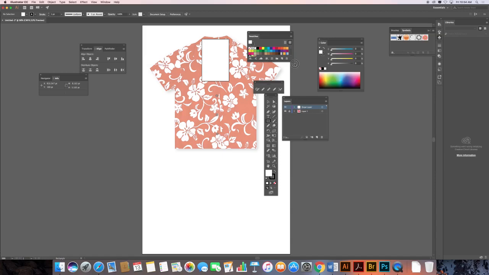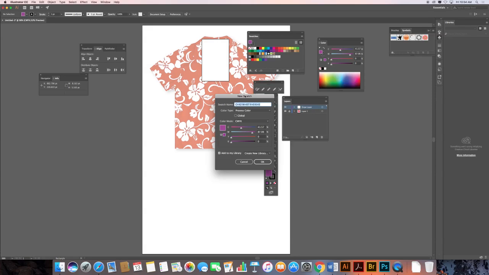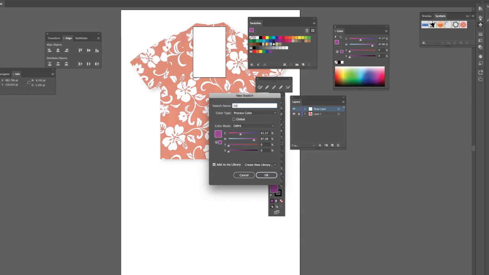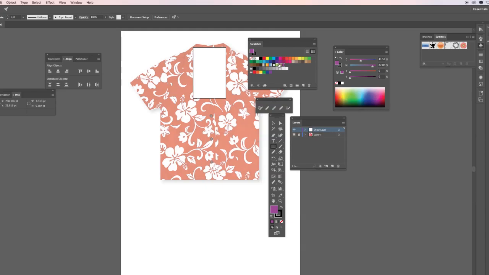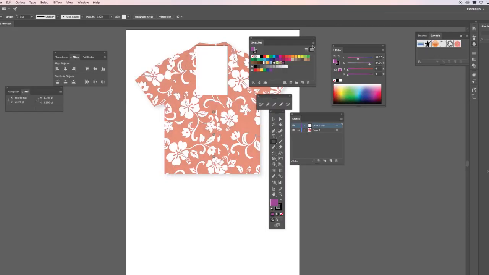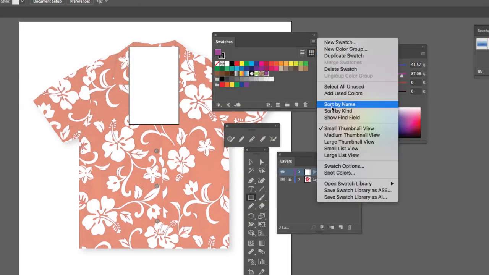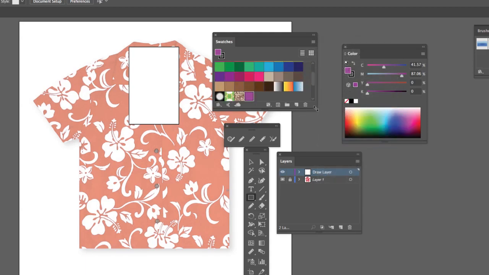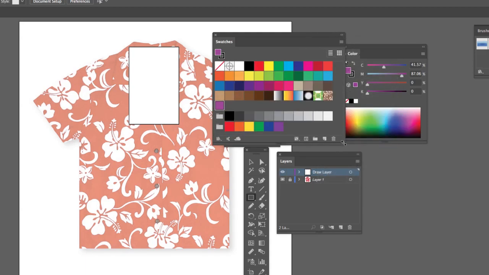Now that I got my swatch panel, I can mix up some custom colors for my Hawaiian shirt, and I can add these things into a swatch. And I can give it a name, like deep purple. And you'll notice that it adds it in here into the swatch. If the swatches are too small, you can use the Flyaway menu here, and you can ask for a large thumbnail view, in which case it gives you much larger swatch palettes